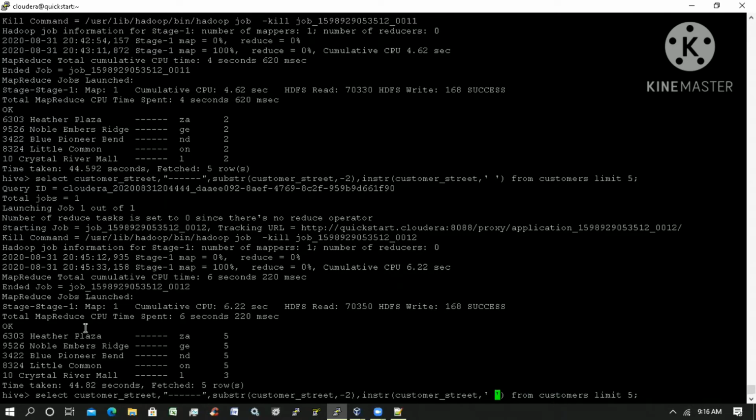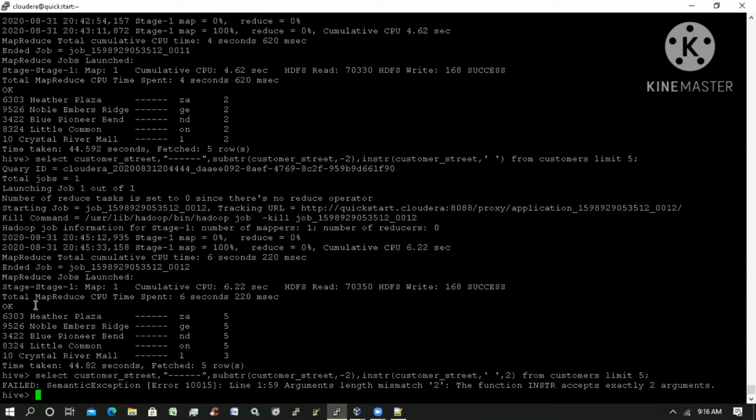By default it takes the first position, right? I want to search for the 2nd position. In that case, it will search for the 2nd space in the string and give that position value. Is it exactly 2 arguments?